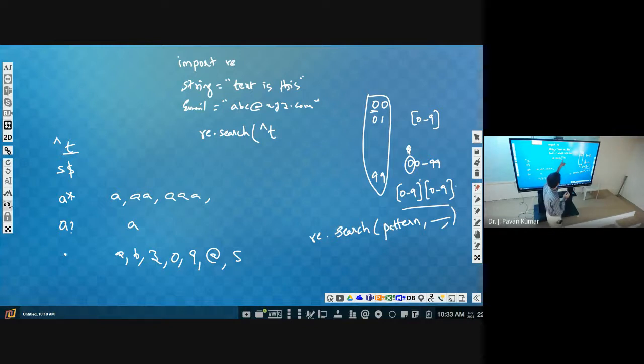Suppose the restriction we are imposing is that it should start with T and end with S. How can we impose that? S dollar.